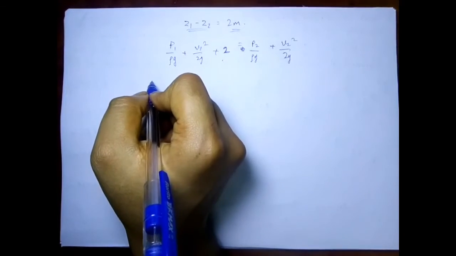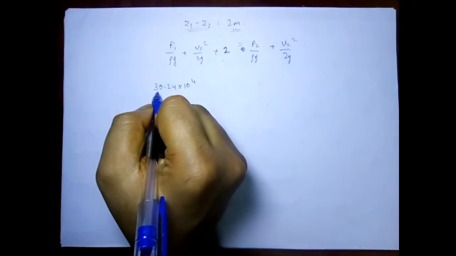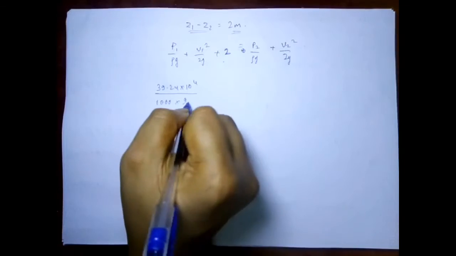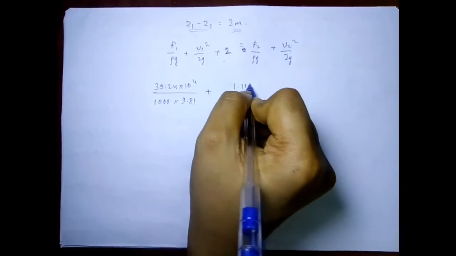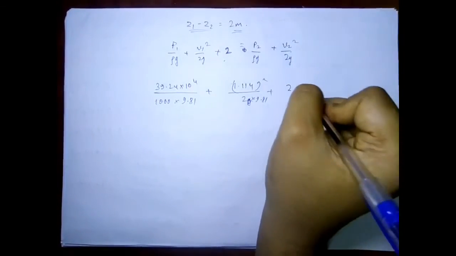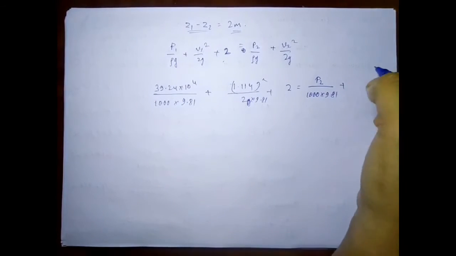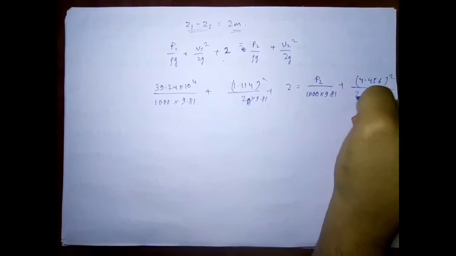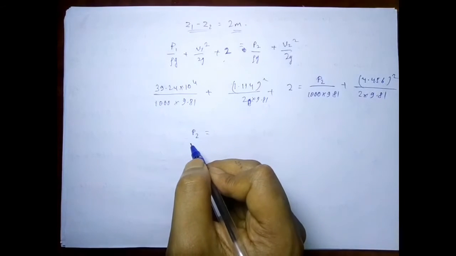So let's substitute the value of P1, that is 39.24 into 10 to the power 4, if I express it in Newton per meter square, divided by rho is 1000 times 9.81, and that is added with v1 square, v1 is 1.114 square upon 2g, g is again 9.81, plus 2 is equal to P2 upon 1000 times 9.81 plus v2 square, v2 is 4.456 its square upon 2 times 9.81. So